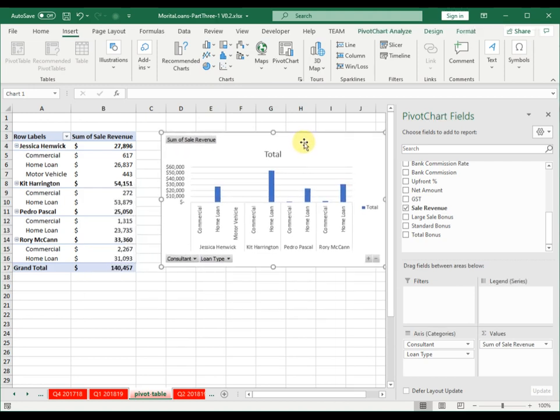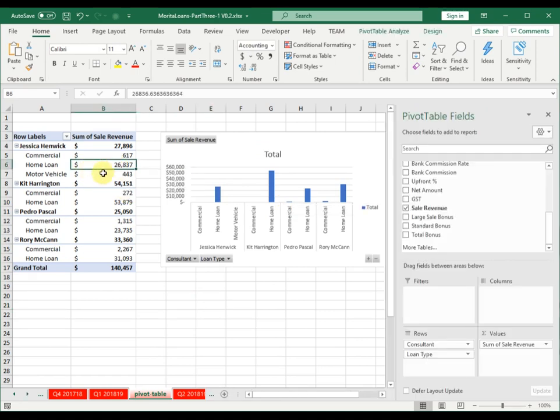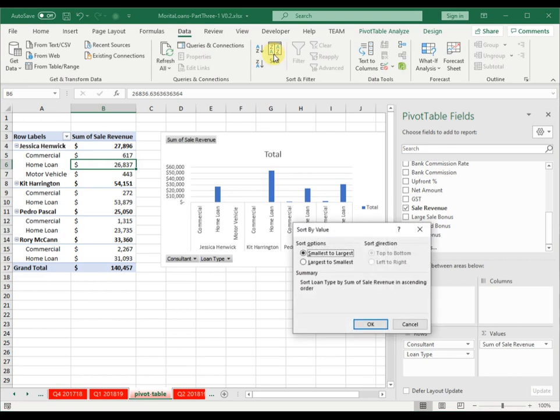So it's a bit easier to see the data within a chart than in this column here. You notice also it's all jumbled all over the place, so it's a good idea to sort this in a fashion where it's largest to smallest, so it's very quick to visualize what is our best and what is our worst. So the quickest way to do that is you can do data sort, say largest to smallest,